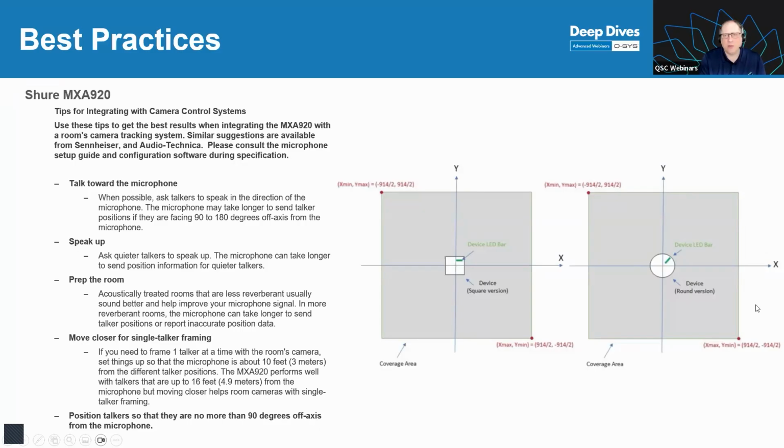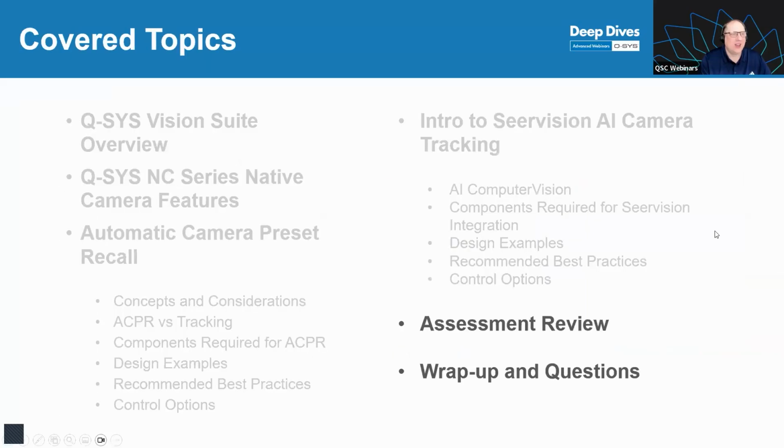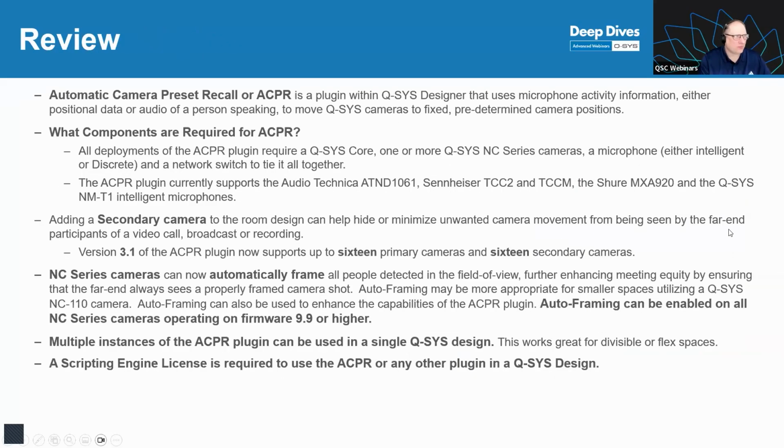Each one of the microphones, that was a really bad segue. Each one of the microphones will also come with its own kind of best practices. So make sure you read the manual for each one of your microphones. So what requirements? What is ACPR? If I'm explaining this to folks out in the field,